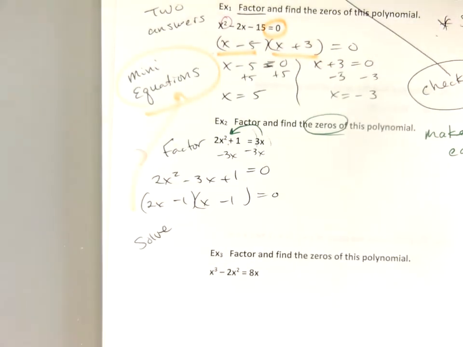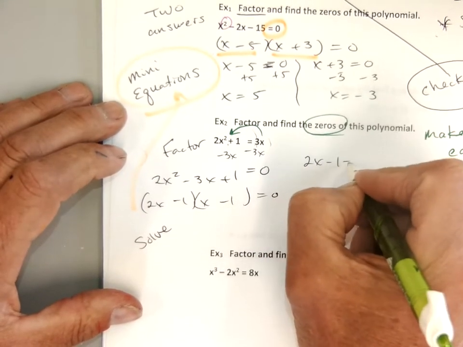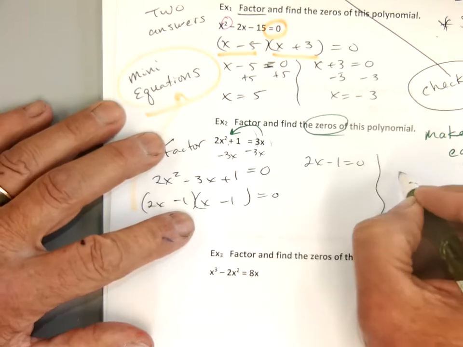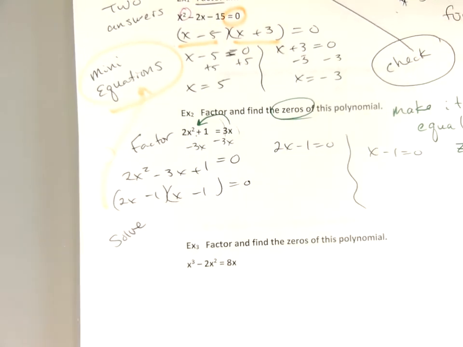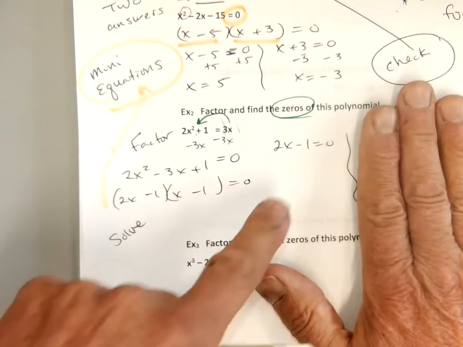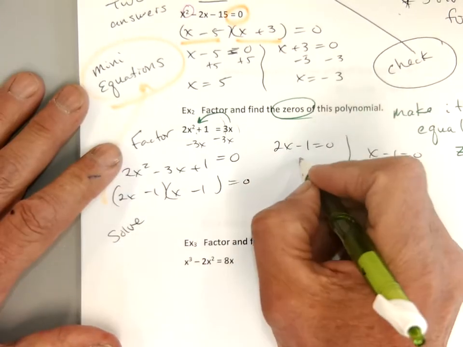That's easy. I'm going to take 2x minus 1 equals 0 and x minus 1 equals 0, okay? So we're finding zeros, so we got our mini equations. We just solve our mini equations. Let's solve this one first, okay? I'm going to go plus 1, right? I'm just going to go plus 1,